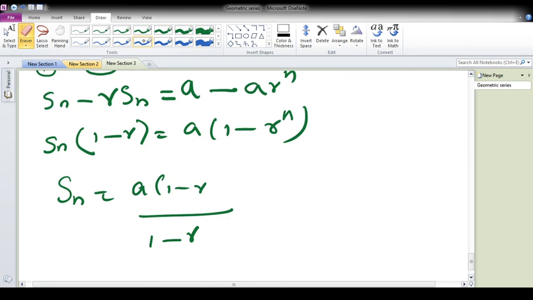So we can say Sn converges to a by 1 minus r if mod r